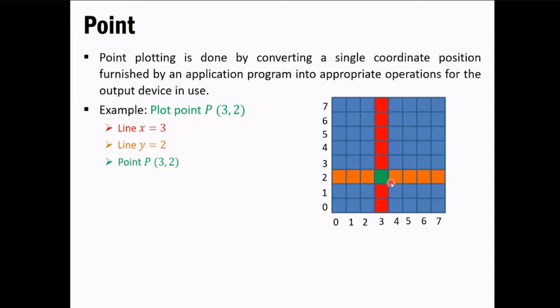So that would make it visible to the user. Else, if you don't have this, you won't be able to draw something on the computer screen. So if you have this information, you'd be able to draw something on the screen. Now you have this information, that is point P, having the values 3 and 2. So we are able to draw this at that particular point.